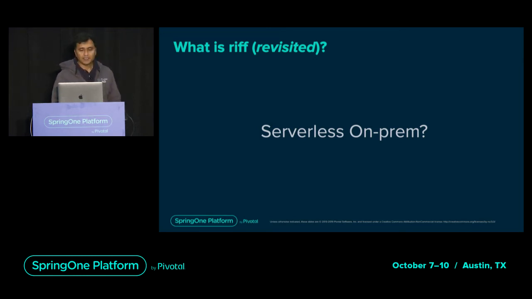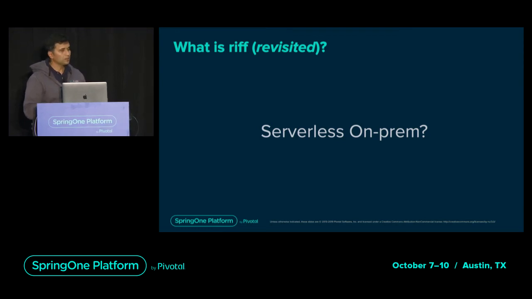So to summarize, basically what Riff is trying to do is provide a serverless experience for your functions, applications, and containers on any Kubernetes, which can even run on-prem. And the benefit that I guess is mostly associated with serverless is really the price. But I would say that price is not the only advantage. Reducing boilerplate code and standardizing your build containers go a long way in the whole serverless experience, right? So that's what we are trying to provide.